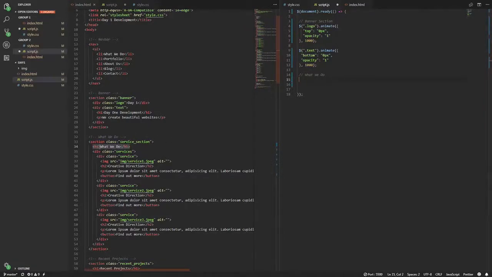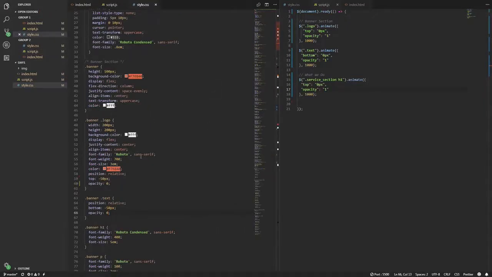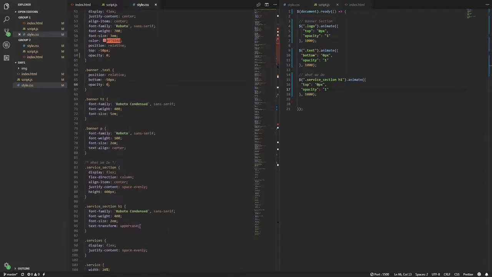I'm gonna target the service section H1, just like I would in CSS. So $ parentheses, double quote, period for class, service section H1. And just like CSS, animate 1000 milliseconds, and we're literally going to copy the top and opacity that we wrote previously, because that's what we want to do. And then we have to change the CSS that we have set for default up 50, just